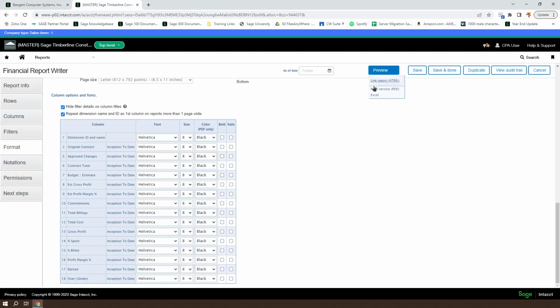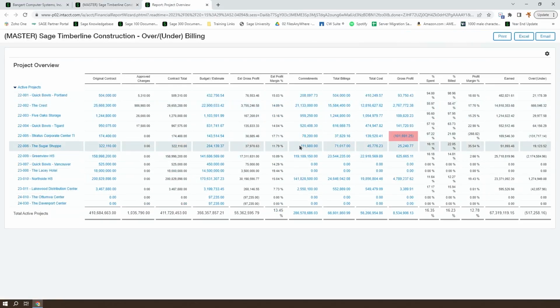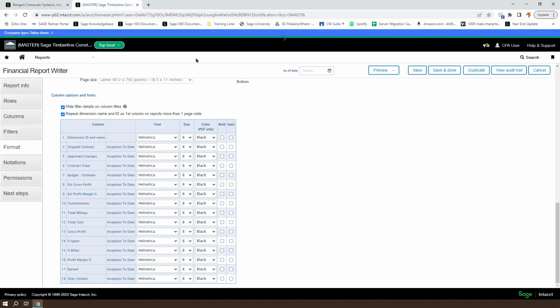Let's take a look at what that does to our report. So we'll go to the live preview. And now we can see almost everything fits on one line again. With the percent complete and the percent billed, we do still have a few here where it doesn't quite fit, but everything's starting to come together with this report again. Let's go ahead and close our preview and see what we can do to make it even better. So the first thing, let's go ahead and pick a slightly less heavy font.